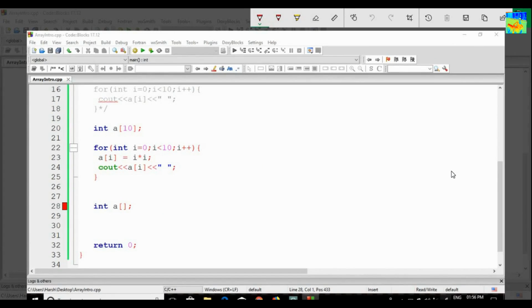That means when you want to create an array, you have to give the size of the array. For example, you want to create an array of size 16, that is 16 boxes. So you have to give size. You cannot write int a. So this is wrong. It is mandatory to give how many boxes you want.